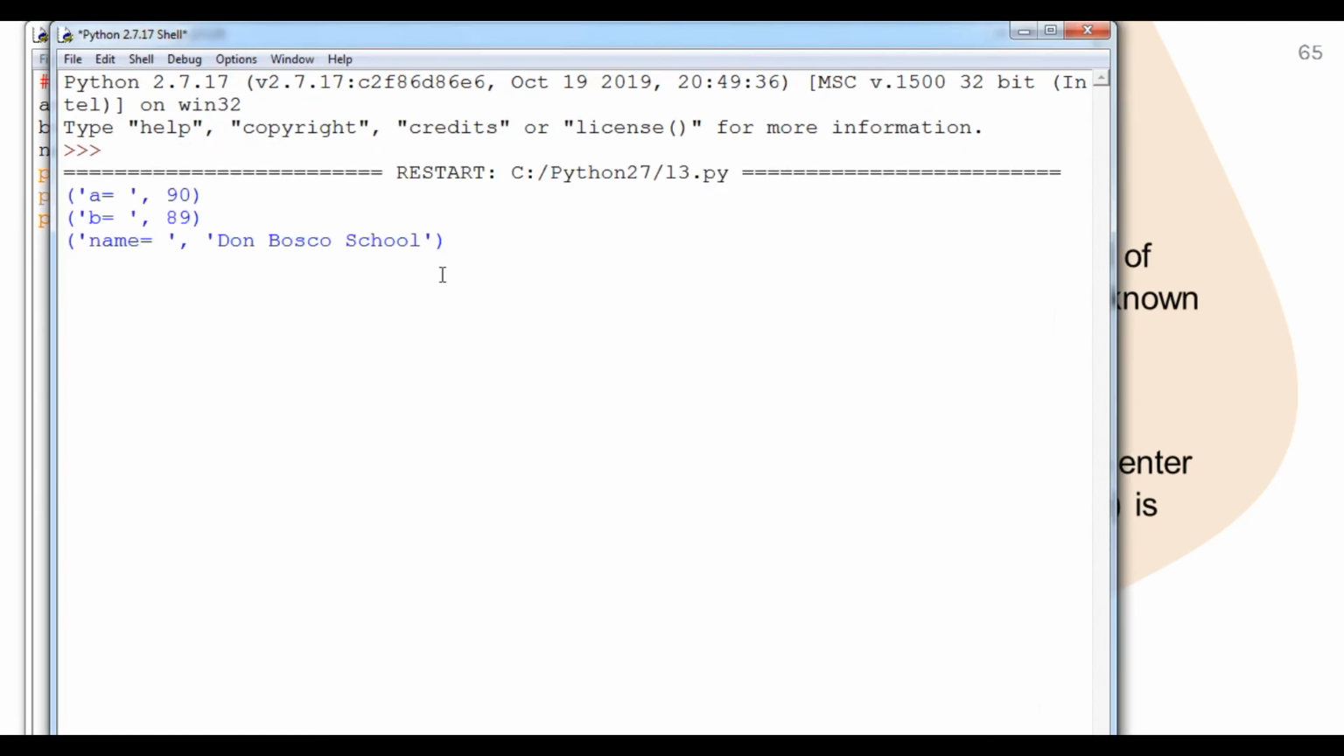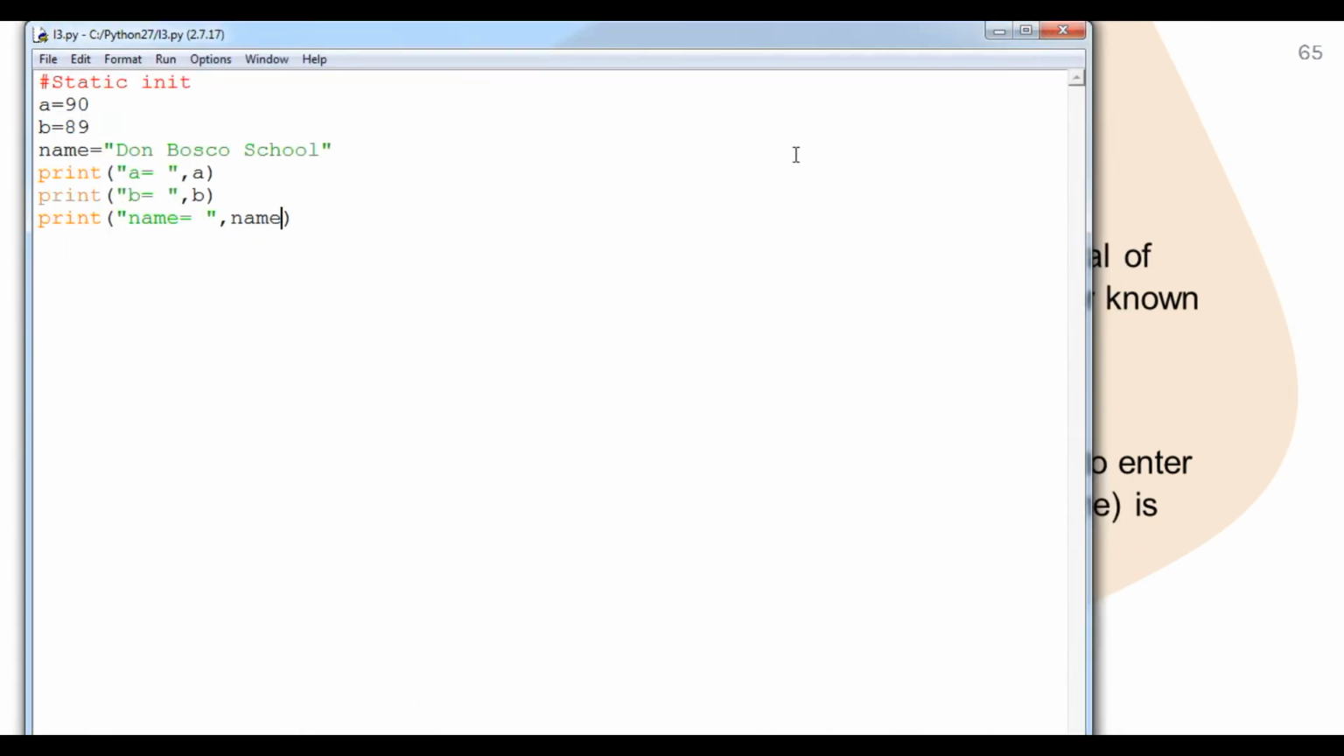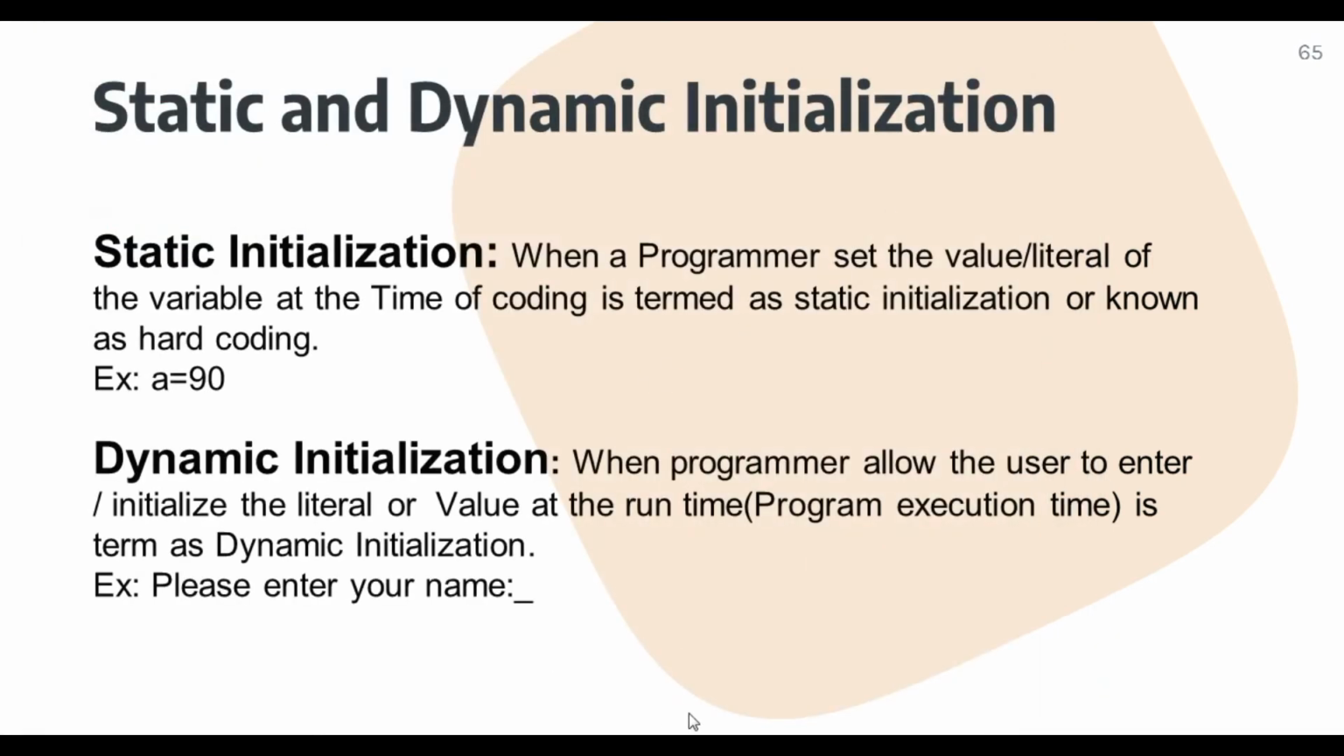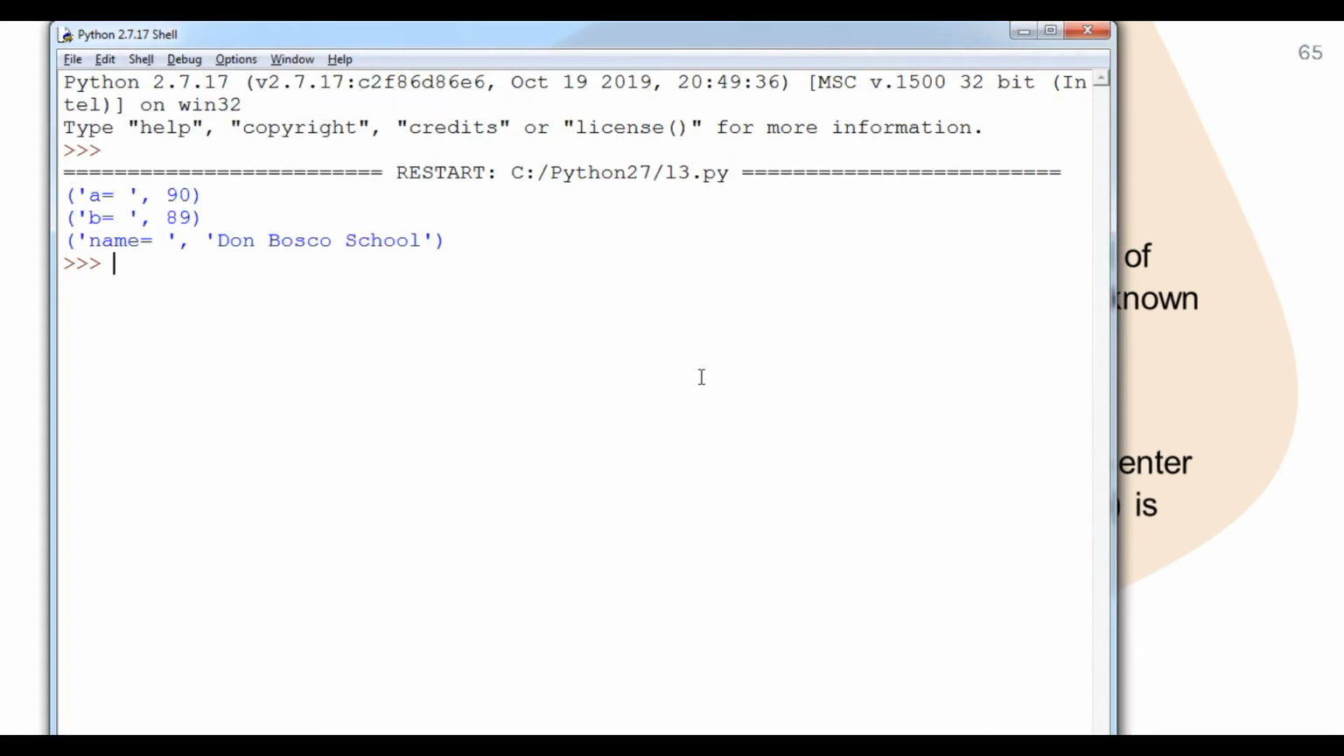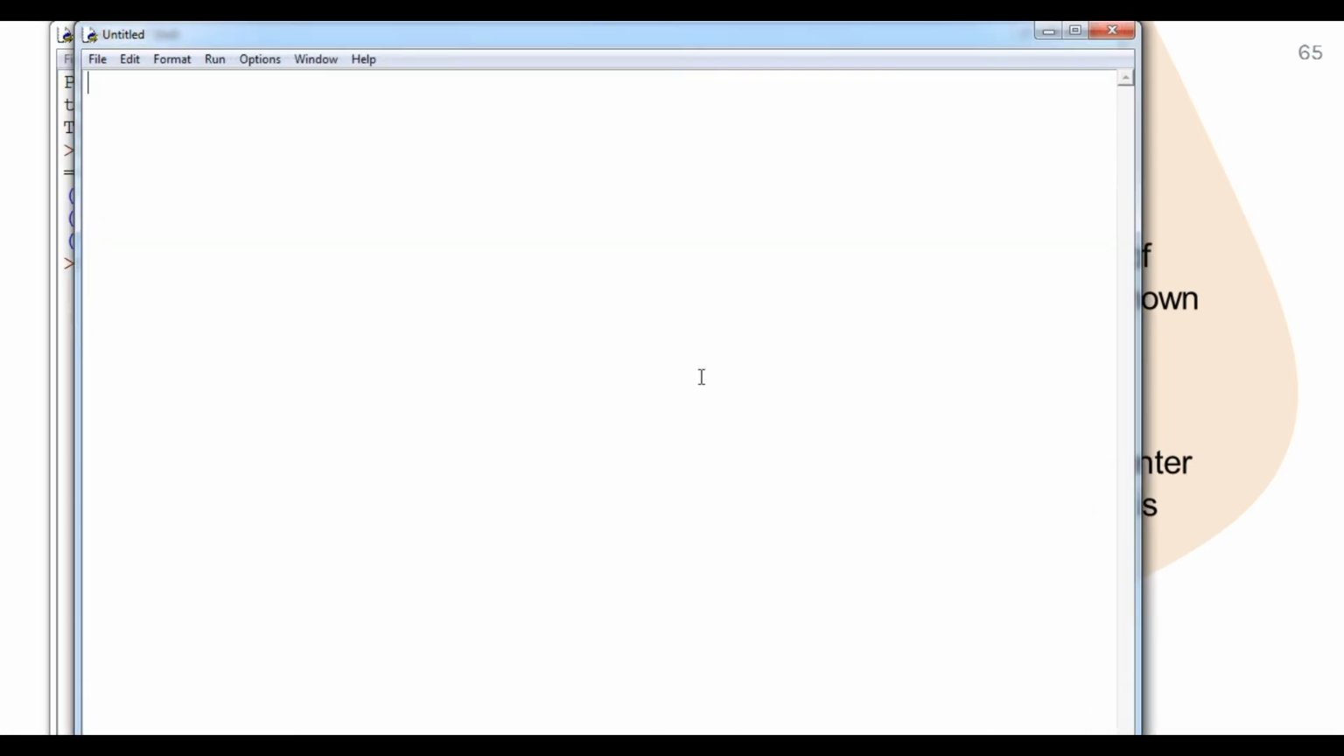If you are going to run it, you can see that everything has come, but it is assigned by the programmer at the time of coding. That is known as hard coding also, okay, with the equal sign. Now we are going to understand dynamic initialization. I have taught you, student, how to get the input. So here I am going to create